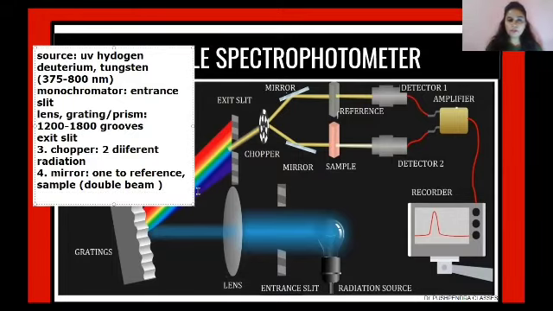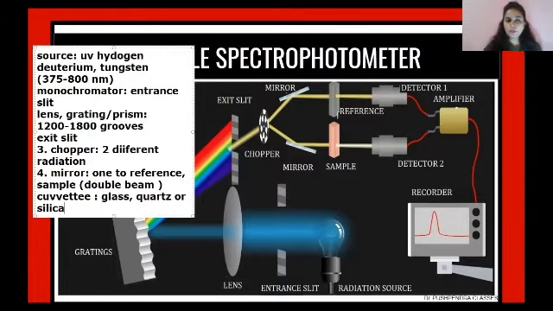You do not have to remove one after the other. Now, because the mirror is passing the entire beam into the sample and the reference cuvettes, the cuvettes generally are made up of either glass, quartz, or silica. Now, we can even work with glass cuvettes in the case of visible spectroscopy. However, the glass cuvettes won't function in the case of UV spectroscopy if you want to perform it simultaneously.